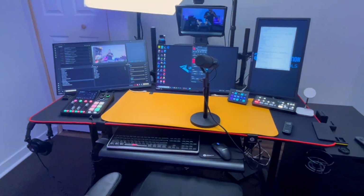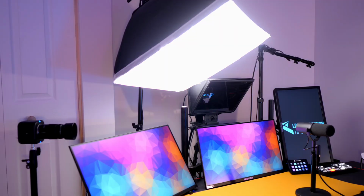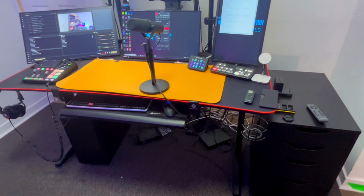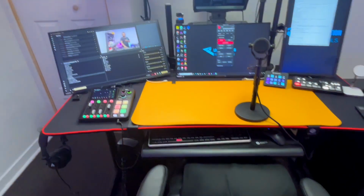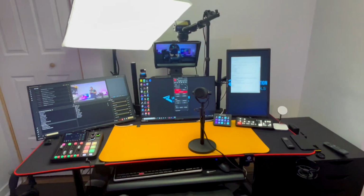I also don't like tripods, especially for creators, because sometimes we're dealing with smaller spaces. Right now I'm trying to downsize my studio to have a smaller space. Even my light, I want to change it to something a little smaller. I'm not sure if I like having to have huge tripods in my studio. Even though I still understand it's probably not a good idea to use a light stand or something like